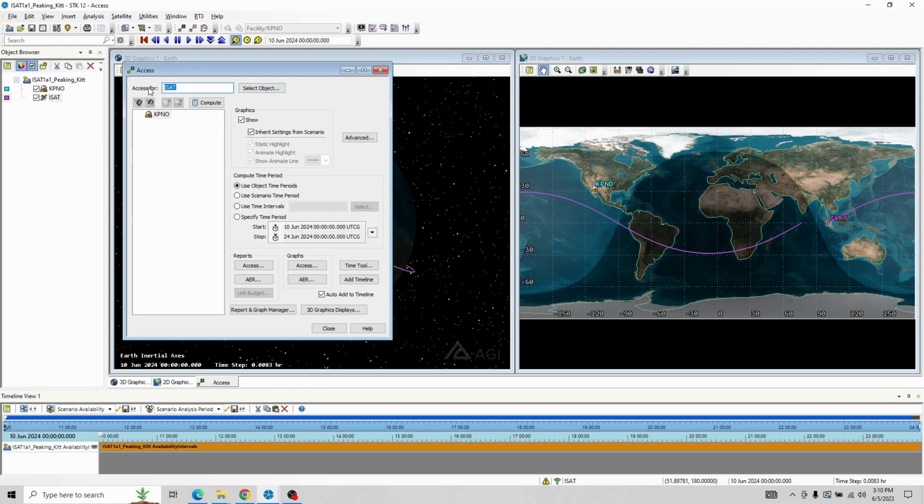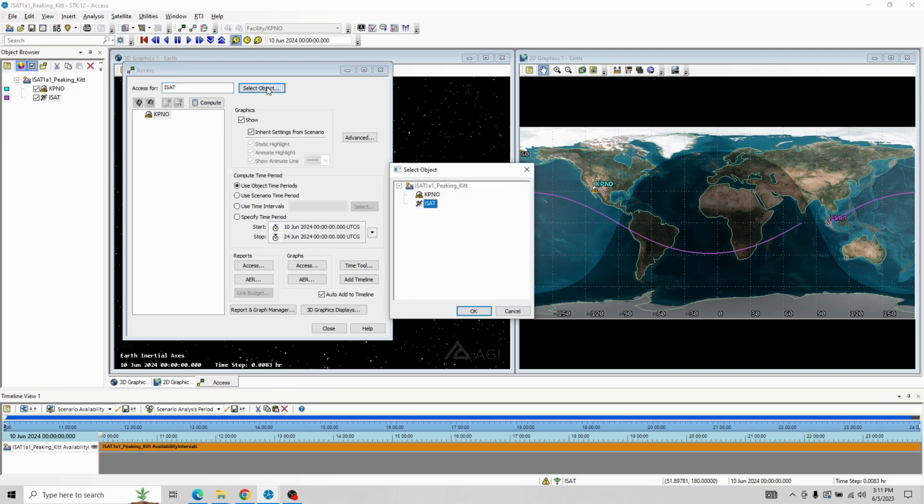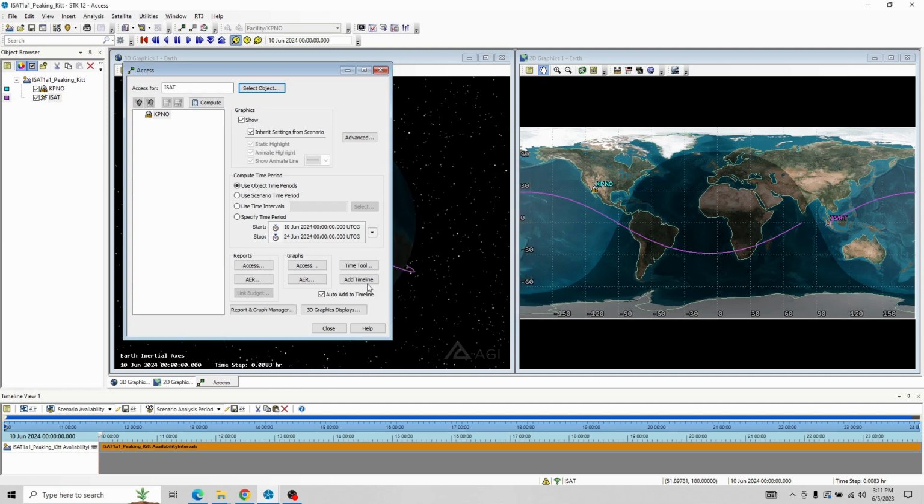If for whatever reason you bring up the access screen and it's looking for the access for an object you don't want, you can just come here to select object, and it will give you a listing of all the objects in the scenario. But I do want the satellite, so I'm going to highlight that and click OK. Now down here, I've got KPNO. If I had multiple sites, then there'd be even more filled in. But right now, all I have is this one, so I can click on it to select it